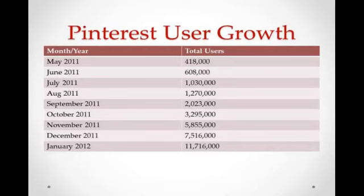August 2011, 1,270,000 users. September 2011, crossed the 2 million mark with 2,023,000 users. October 2011, Pinterest crossed the 3 million mark with 3,295,000 users. November 2011, with only a month, it crossed the 4 million mark with 5,855,000 users. December 2011, it jumped exponentially to almost double its size with